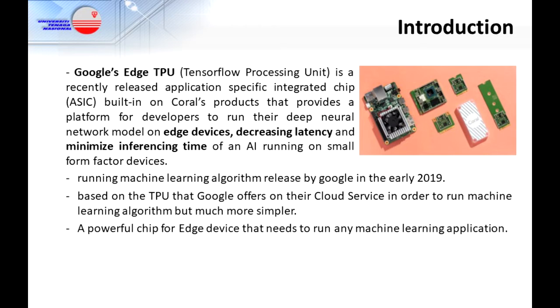It is designed for running machine learning algorithms, released by Google in early 2019. It is based on the TPU that Google offers on their cloud service to run machine learning algorithms, but much simpler. A powerful chip for any kind of edge device that needs to run any machine learning